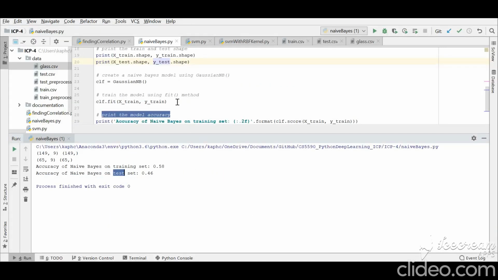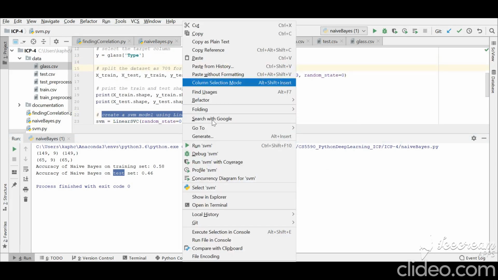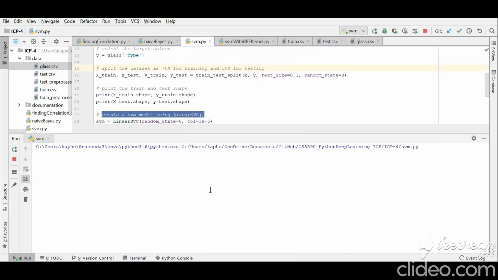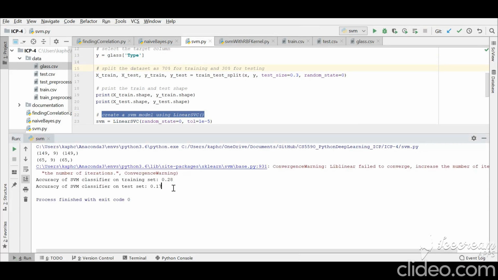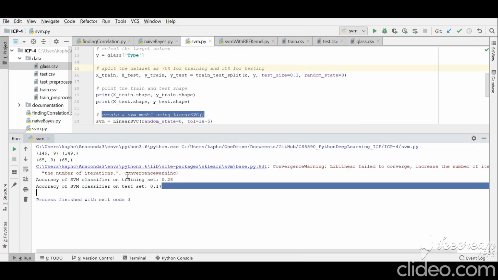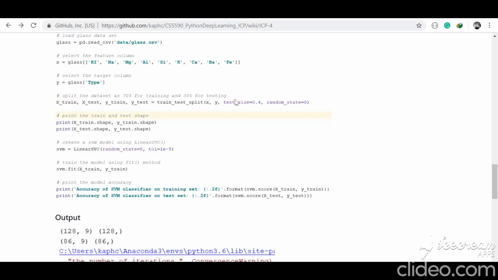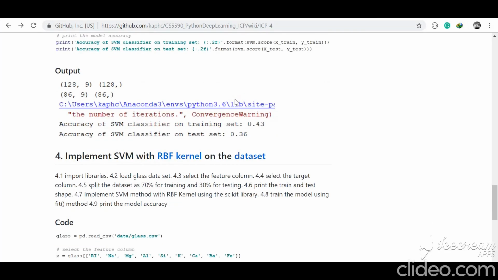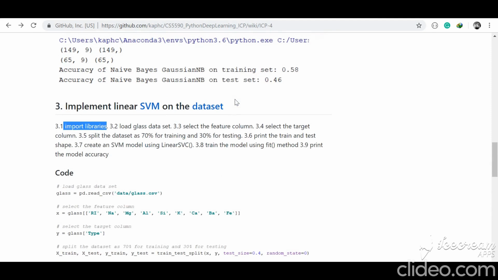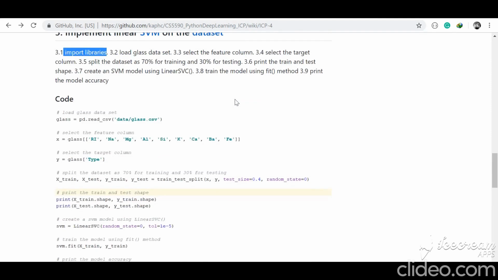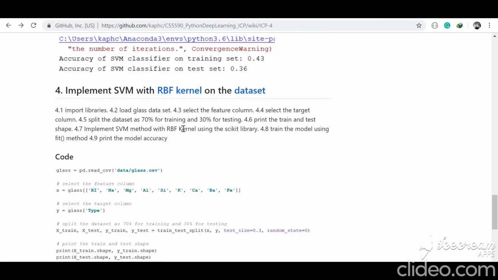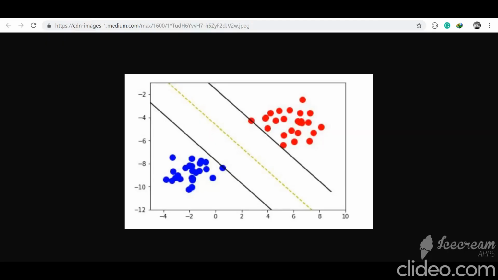Now printing the SVM. We have got 0.28 as accuracy on the training set and 0.17 on the test set. So we could conclude that the dataset is not linear, because if it were linear we would have got a higher accuracy. Now coming to the RBF kernel,